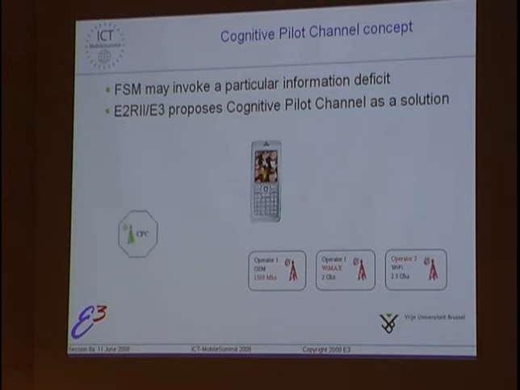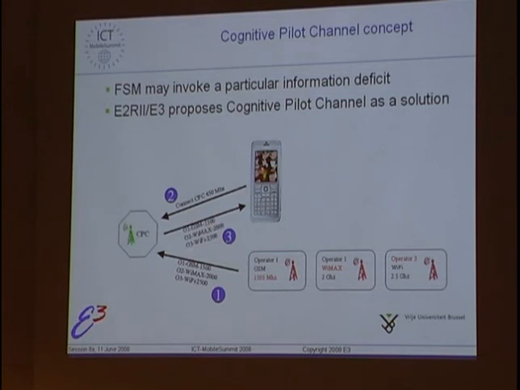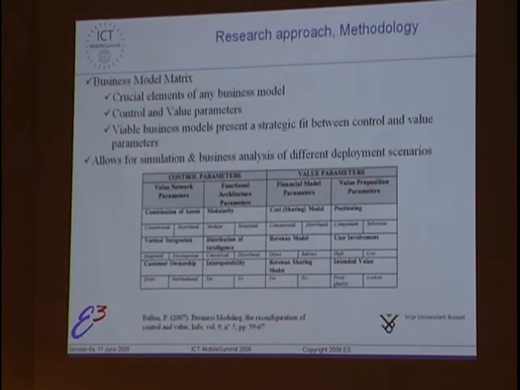So the CPC is then a radio enabler, a channel which is always available, to which the different operators periodically, and it's not sure what that period is, communicate what technologies are available on what frequency, and then the device, which always knows where the CPC is located, can ask the CPC what technology is located where. It gets the information, and then it can choose whatever technology it wants to use for a given service. So that's basically in a nutshell what the CPC is trying to do.